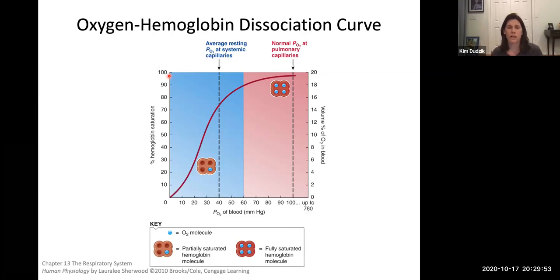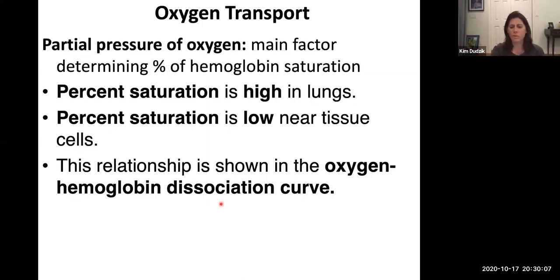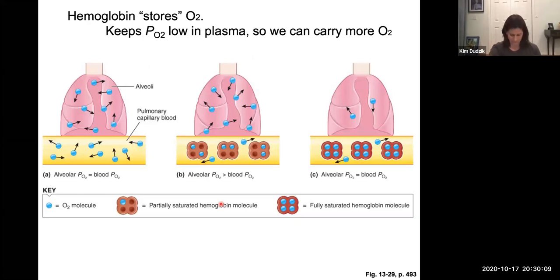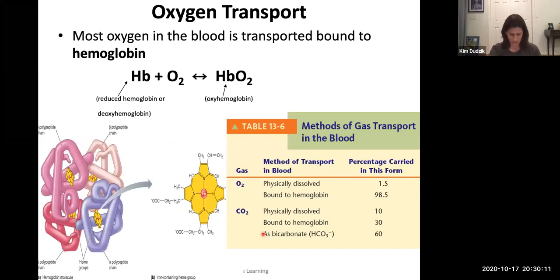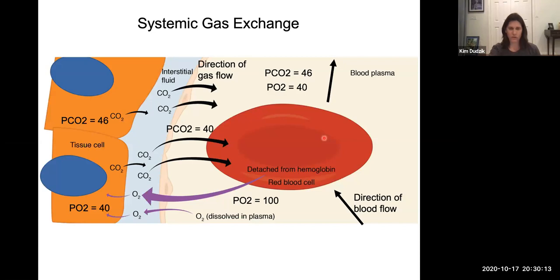Okay, well now when the blood is traveling to our tissues, remember that at our tissues, or the venule side, the partial pressure is 40. Remember that? We saw that right here. Takes a while for the, I think there it goes, caught up. Remember, the partial pressure is 40.